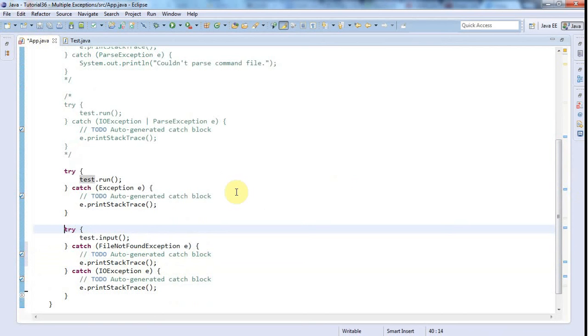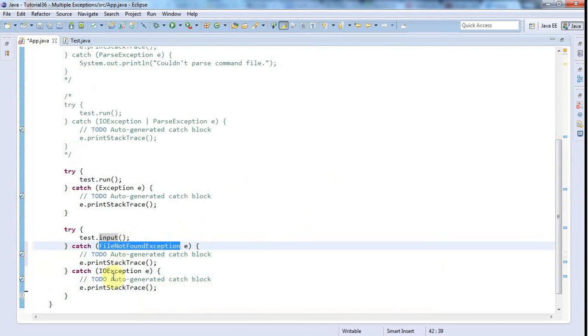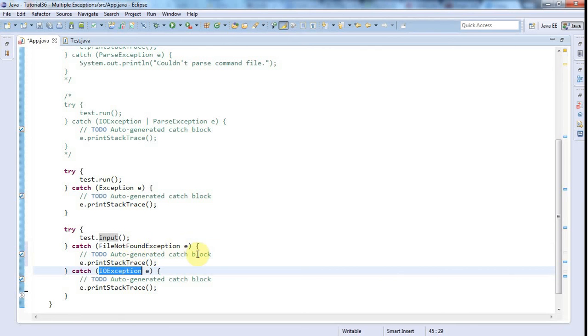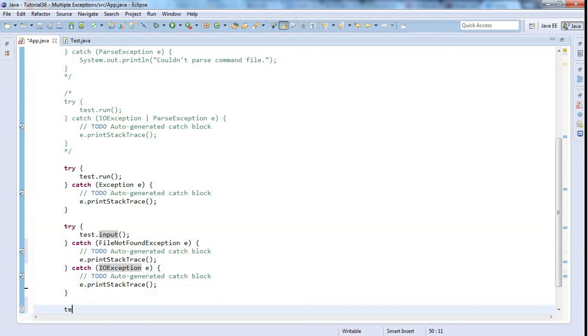The thing is, they ask you this on exams and in interviews all the time. So if you think you might sit an exam or take an interview, it's worth understanding that if you've got a child exception, you've got to handle that first before the parent, because otherwise the parent would catch it due to polymorphism. And I think, in fact, with try multi-catch, if we say test.input